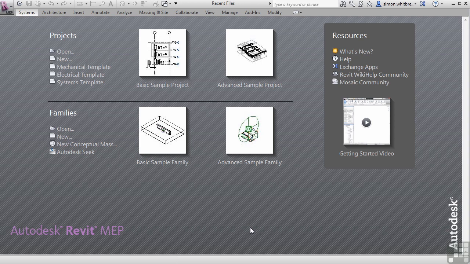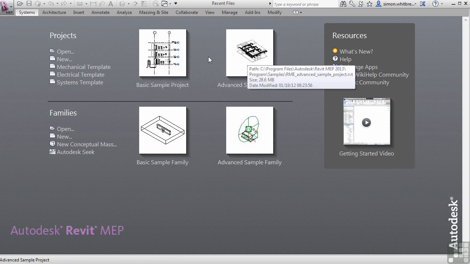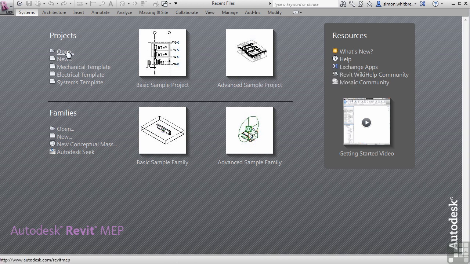In this video, I want to introduce you to the Revit MEP 2013 interface. And I'm going to start, like all good places, at the beginning. With the program open, you can see what we have here is the Recents File screen. Here, we can see some of the recent projects we've had opened. We can open a project, create a new project, or use one of the specific predefined templates to create a